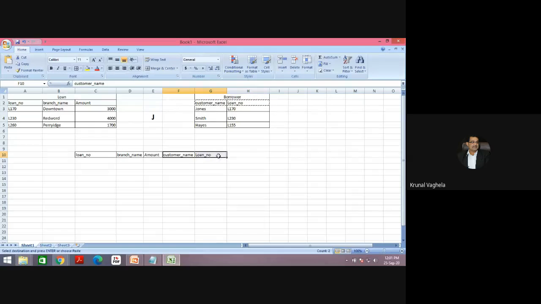You see loan numbers are there, so I will write loan number here and borrower.loan number here, so there will not be any confusion.